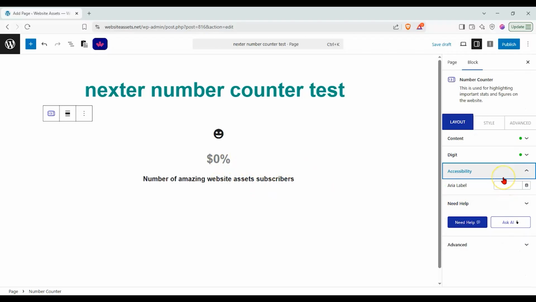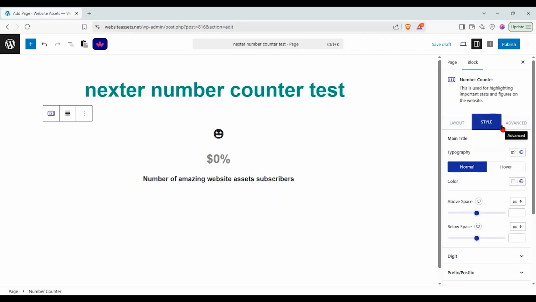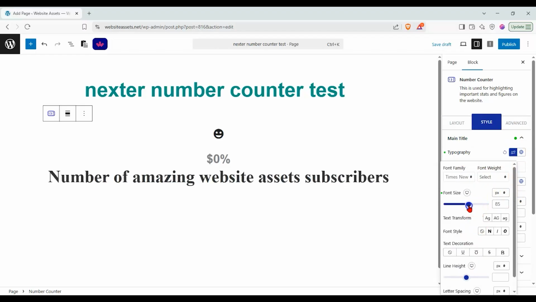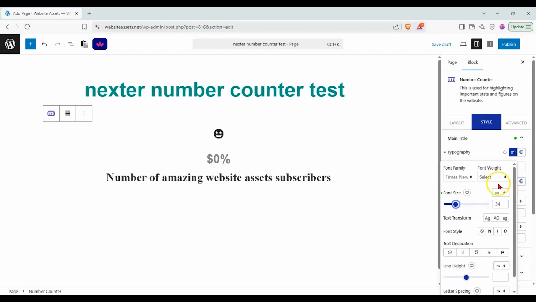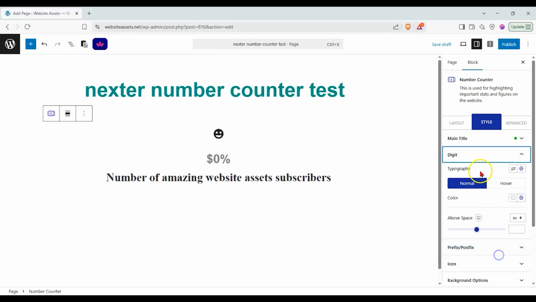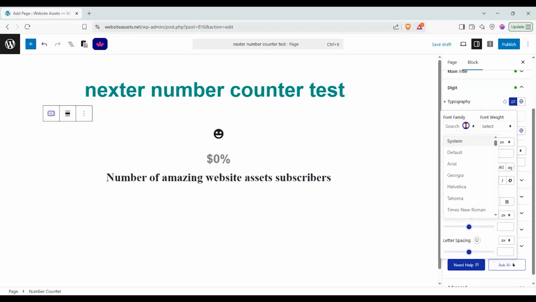And for accessibility, we can add an aria label. And under style, we can change our typography, as you can see, and you can change the font size as well. And we can change the font color. We can change the spacing. And for the digits, it's the same thing. We can change the